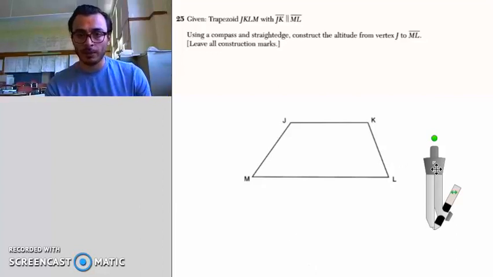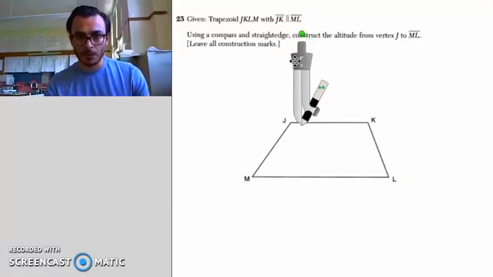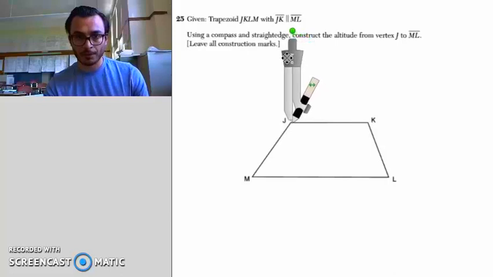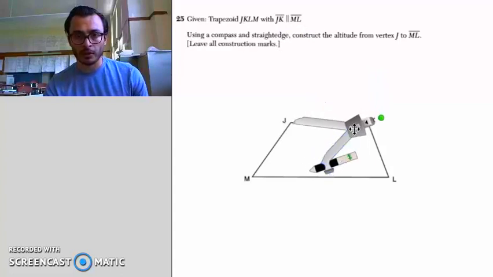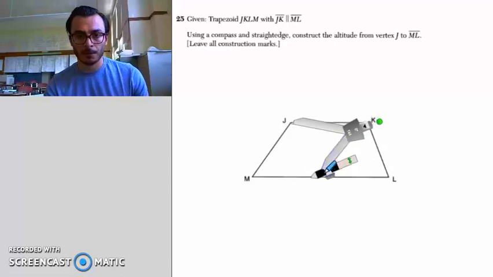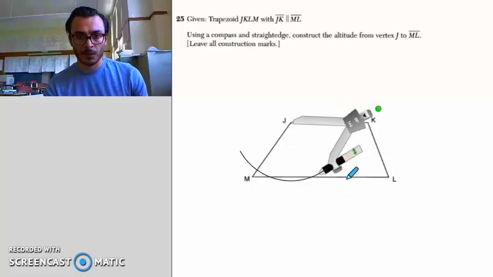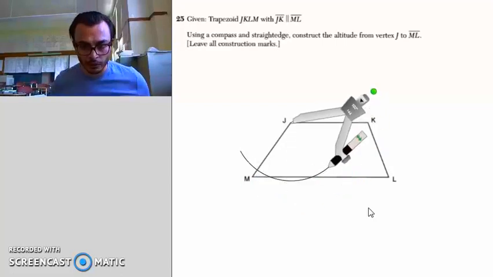So let's take our compass and we're going to put it on point J, and we want to open it so that when we swing an arc, we intersect 2 points of ML. All right, so swing my arc. You can see I got 2 points of intersection. One here